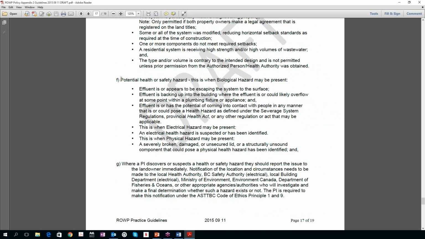If there's a potential health or safety hazard, you need to say so. You know, and that includes all those things. Could be breakout, could be electrical hazards, could be that they have a piggyback plug inside the pump chamber, for example. People are still arguing about that, believe it or not. You can't have any junctions in a tank.